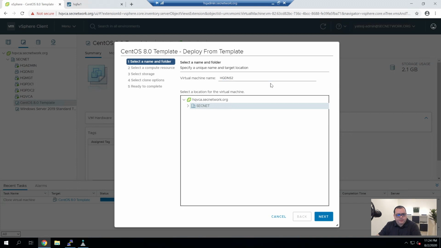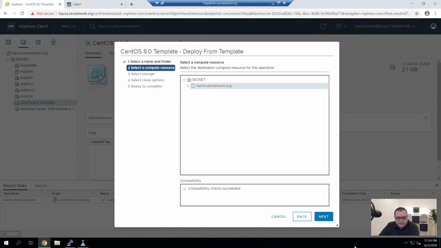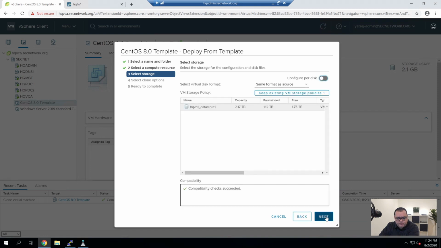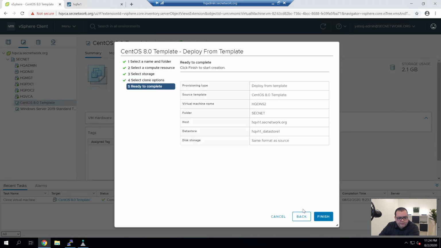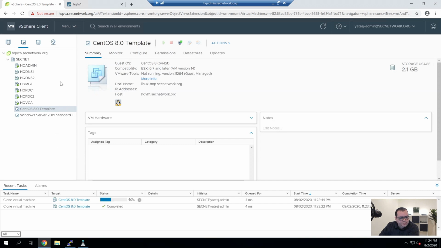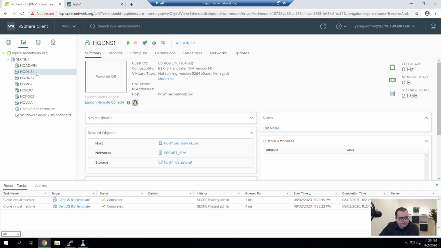And again, ordinarily what I would do is put one DNS server on one host and the other on the other host. But for now, I'll just build them both on this one host, and hopefully in the near future I can add in another host and move off the other pair. Alright, so the two hosts are finished.